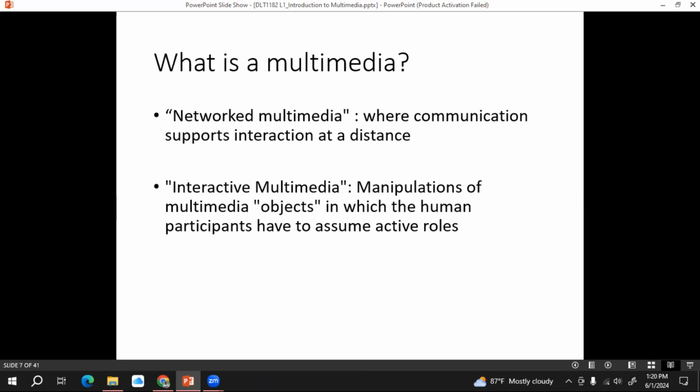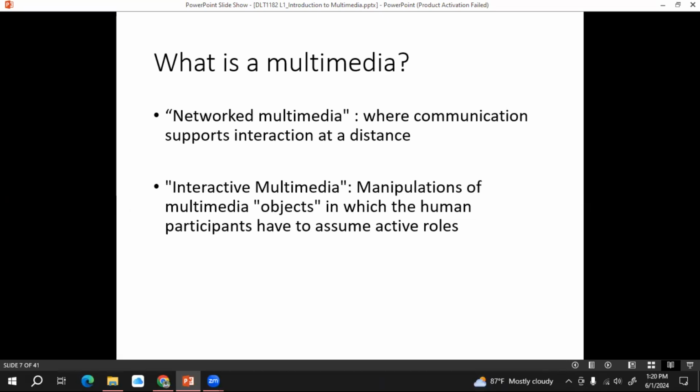We are using text, video, audio, and images, right? This time also we are connecting through a network and using multimedia types. Then we can say this is a networked multimedia.